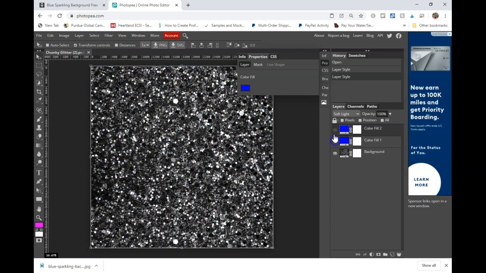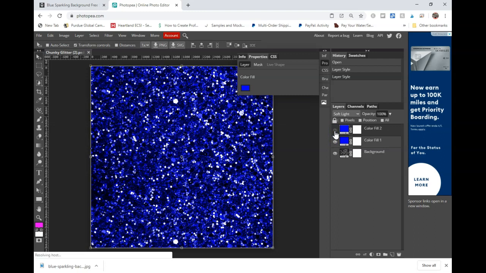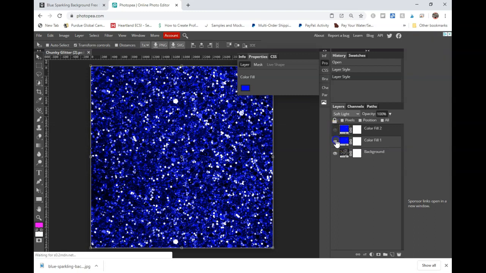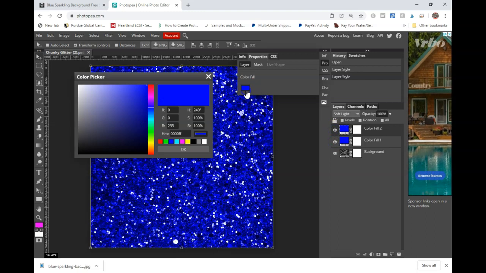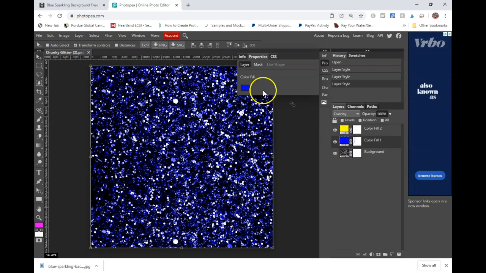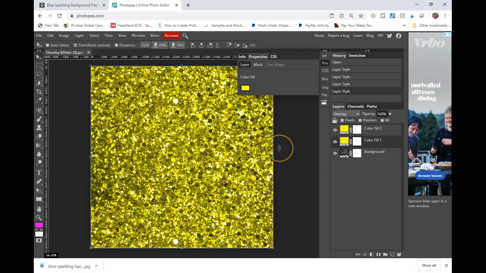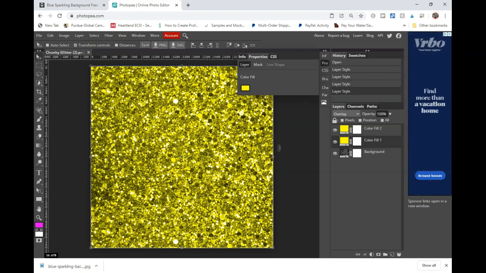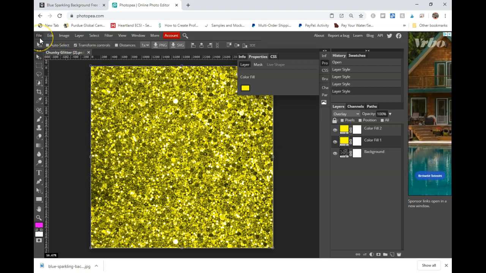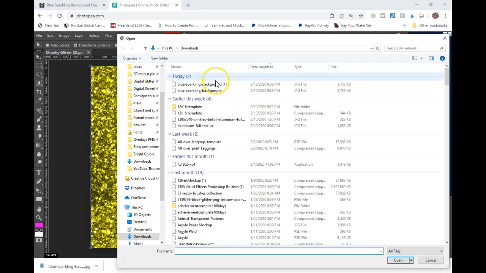You can turn layers on and off depending on what kind of look you're going for, and just play around with it. I think it's a pretty cool effect. It's a different approach to creating digital glitter, and you can try it out for your projects. So the first thing I did was open up the download of